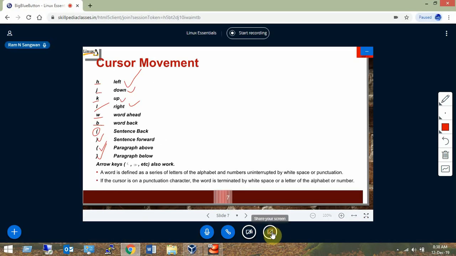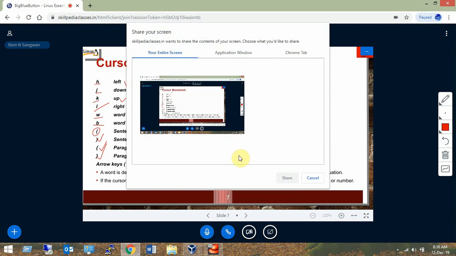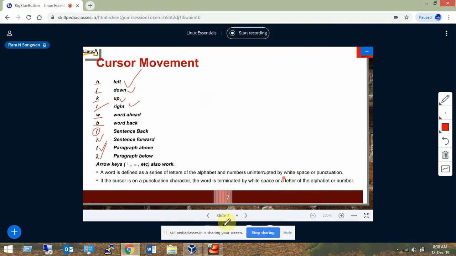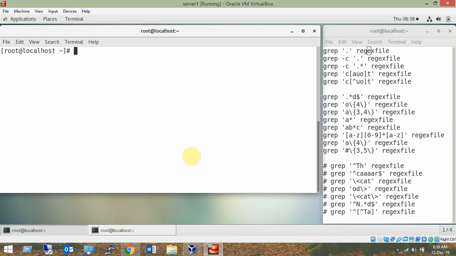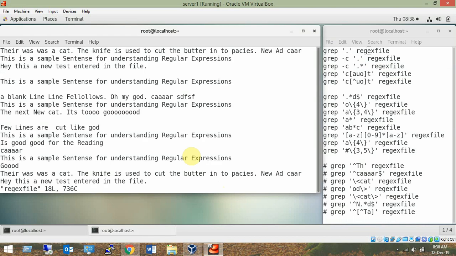Let's look at these in the demonstration. These are quite interesting, so I feel I should demonstrate these commands. Let's take a look. vi regex file is our file. I want to move sentence by sentence ahead. You know that I have parentheses open, right? So I'm going to type parentheses close to move forward.